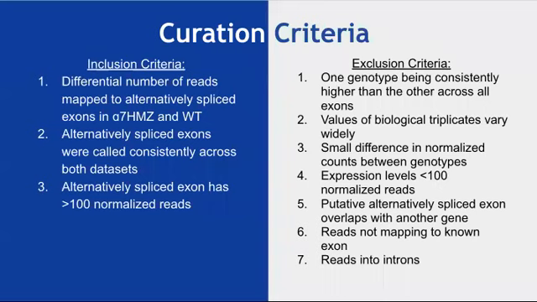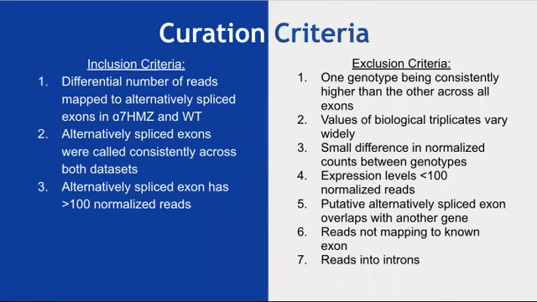All right, so the next step was manual curation. I had to go in and look at the 177 genes that were called by the programs and manually curate them. I was able to develop inclusion and exclusion criteria based on how I would look at these genes, comparing them with various maps that I'll show right after. Any genes that met all the inclusion criteria were likely alternatively spliced genes, and I could confirm that with the program, but any genes that met the exclusion criteria were likely not real splicing events.